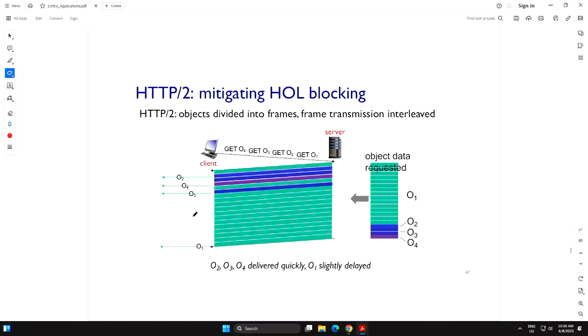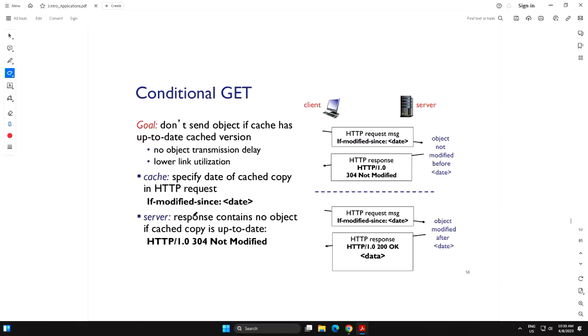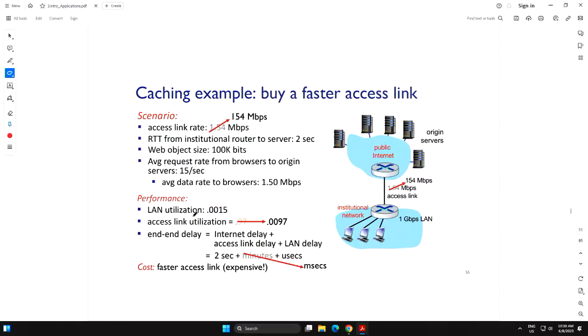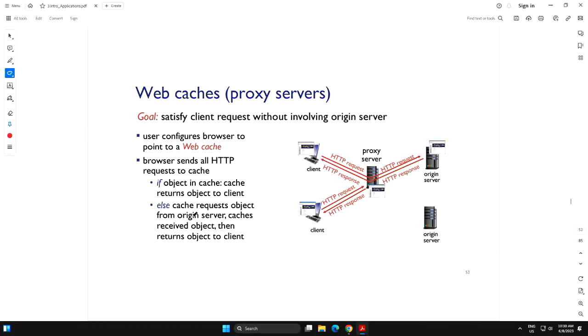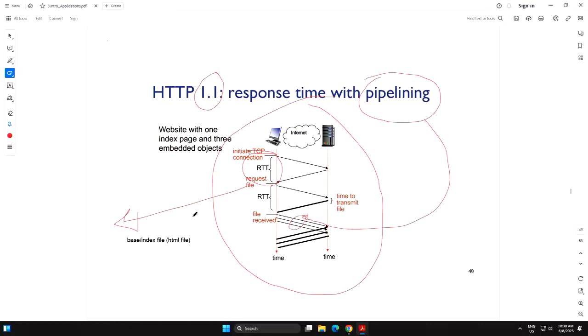I'm now going back because we jumped, and I wanted to show you other solutions. Okay, so what we have done so far is improving the protocol, the interaction with the TCP.